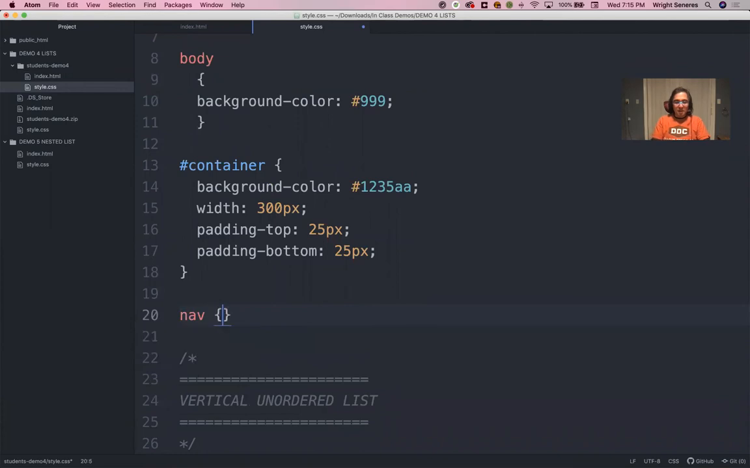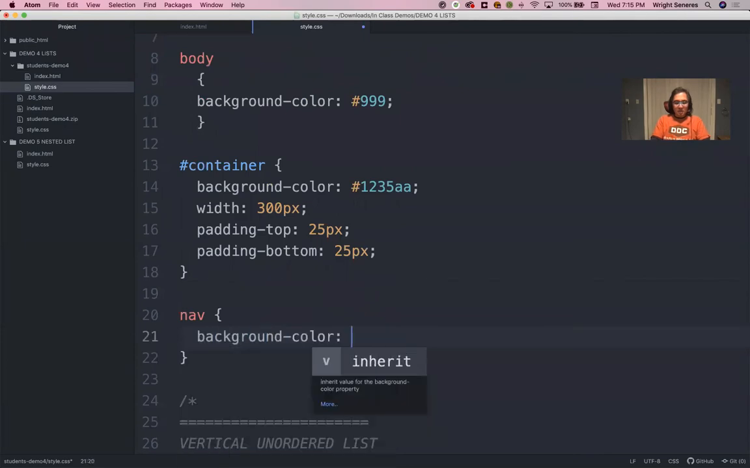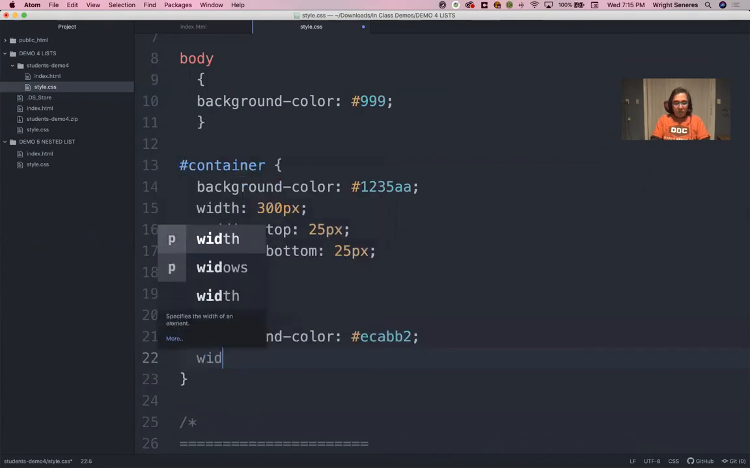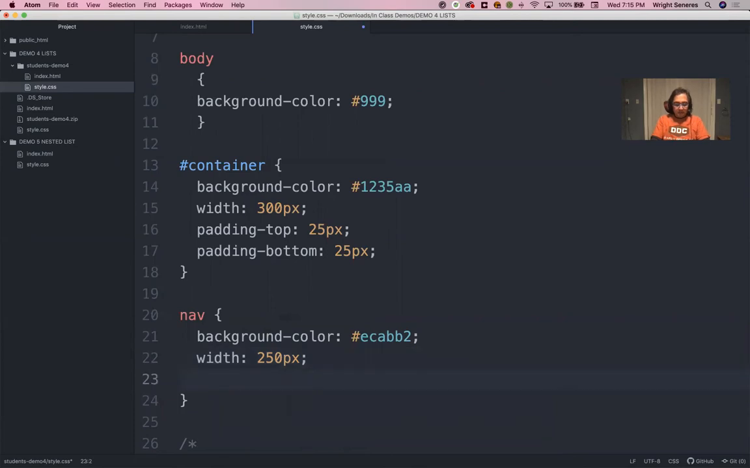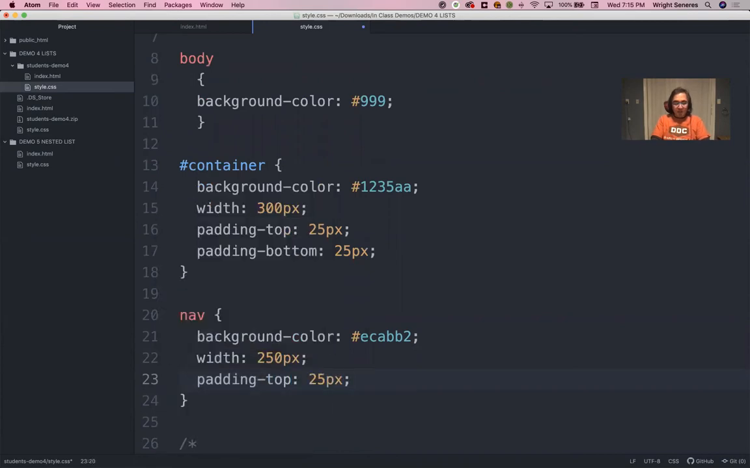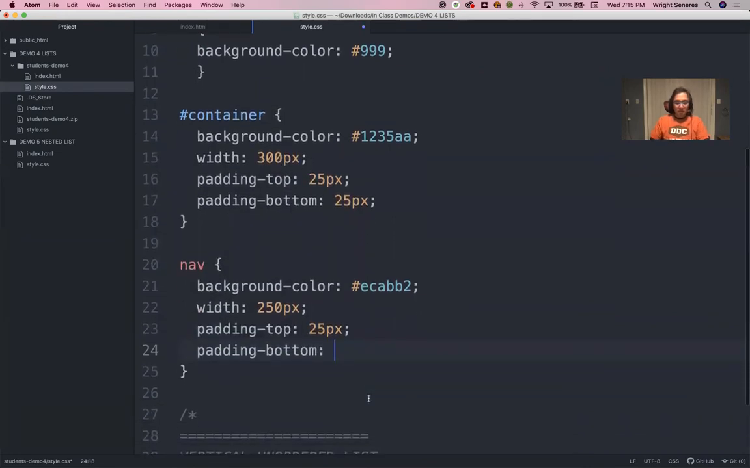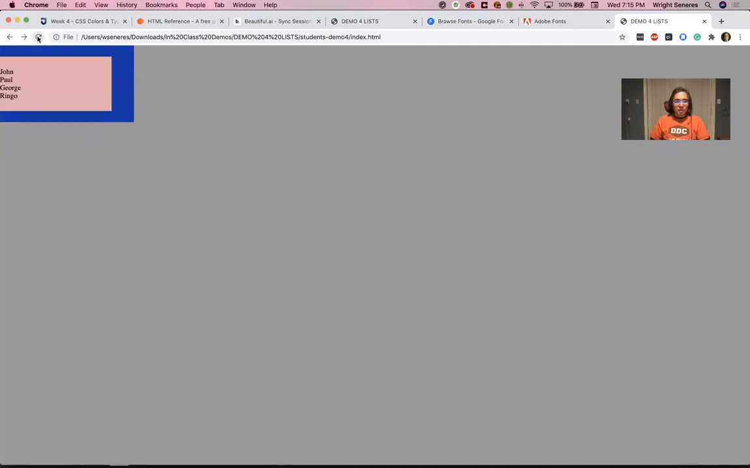In our CSS, we'll write nav, our curly brackets. The nav itself has a background color. This background color is ECA BB2. And this also has a width, not 300, but a little less, 250 pixels. And we'll do another padding top of 25 pixels and padding bottom 25 pixels. So let's save this, go back to our browser, 3, 2, 1, refresh, and